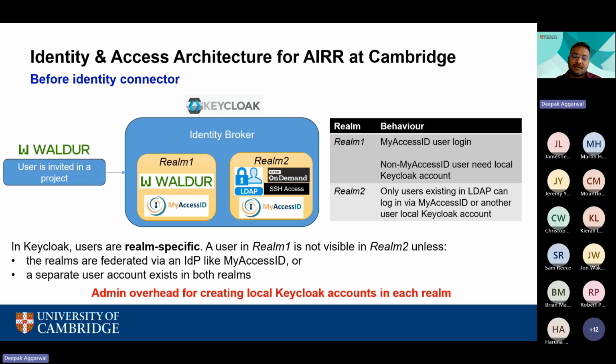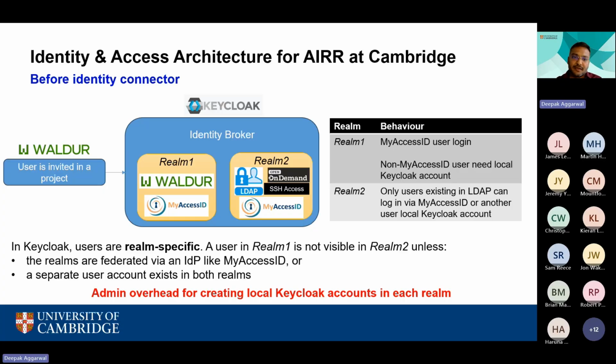In this model, we were getting a lot of tickets from users who can't use MyAccessID, even if they are coming from a university. Some universities are part of the MyAccessID federation, but users still can't use MyAccessID because the university is not releasing the correct attributes required by MyAccessID. There is group-based access within the universities, which allows only individuals who are part of a particular group to use MyAccessID. So, in summary,